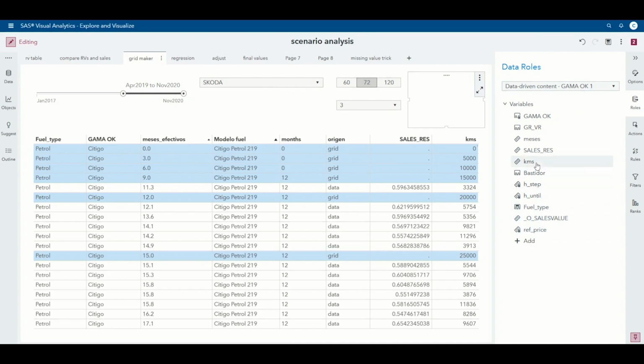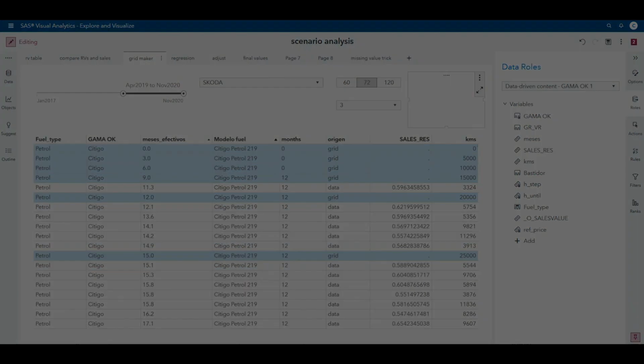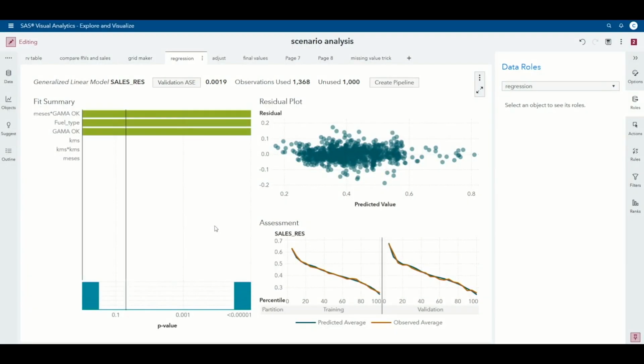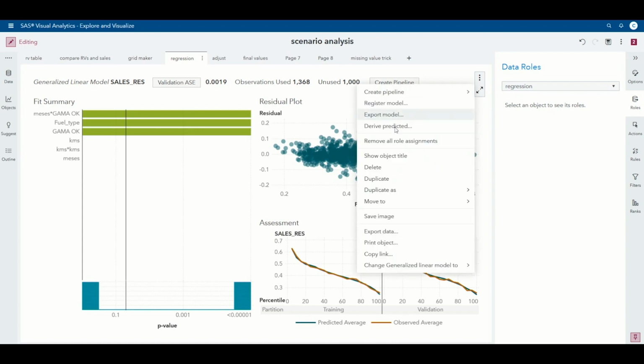All these variables that are passed through the final data set are later on available for the modeling. Now we are ready to model. We see the 1000 missing values that get derived the score once we derive it predicted.